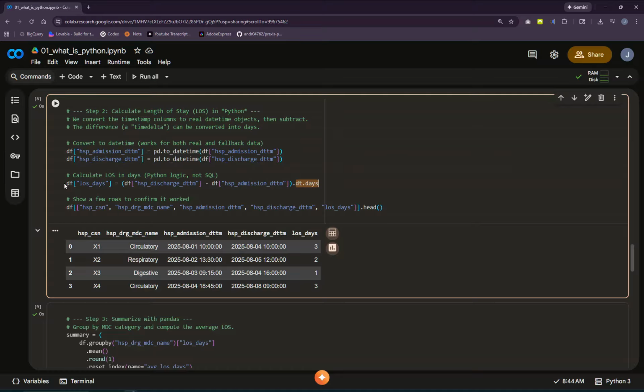So again, you don't need to know every single detail about this. You need to know the goal. I have a table. I want to calculate length of stay based on admission date and discharge date, and generative AI helps you accomplish this. Okay, so we've got that, and we are just going to show that we've gotten to the answer